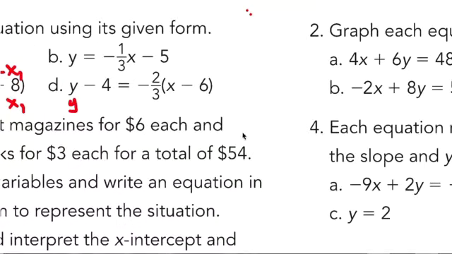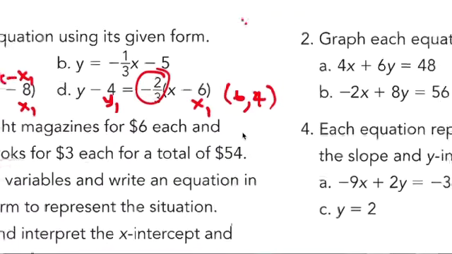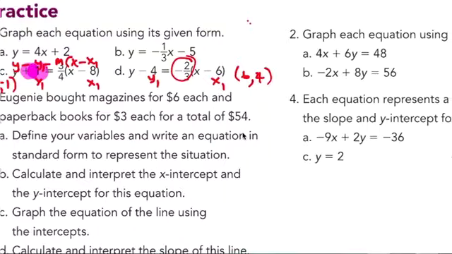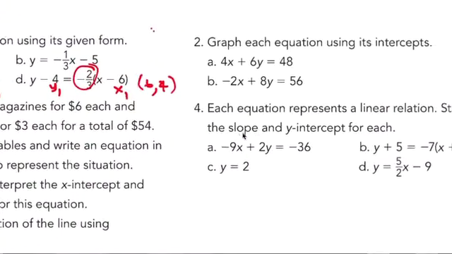Okay, so this is 4, y1 is 4, x1 is 6. So this is 6 and 4. Start from there, go down -2 over 3. Okay, number 2,